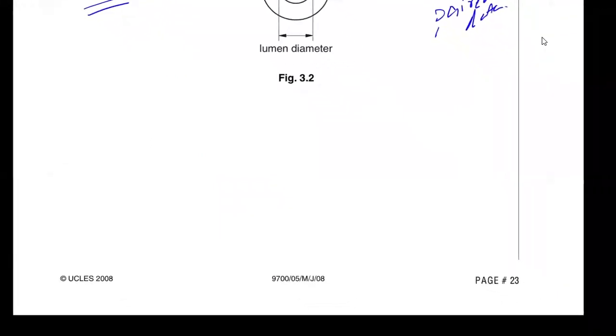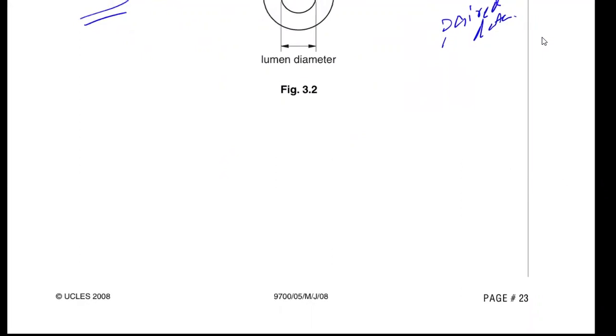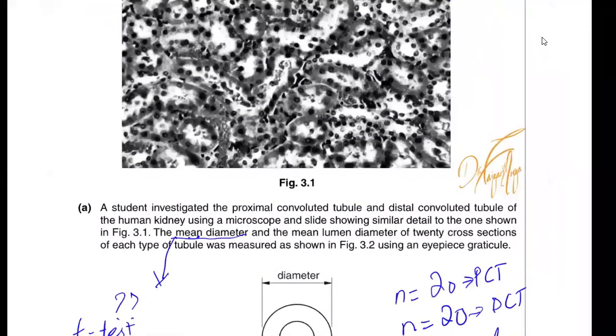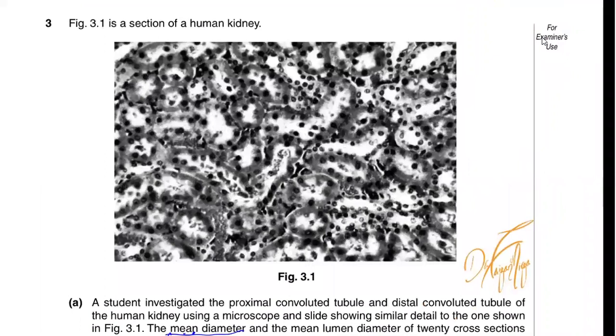This question came in May June 2008, paper 5. At that time we used to have just one variant, so there were not many variants at that time. After going through this video, I would recommend that you open up this question and try to attempt it yourself as well, so you know what you were able to comprehend from this video. Otherwise, the practice from P5 will not be very useful if you don't attempt these after watching every video of a particular question or set of questions, because that's the only thing that can help you ace